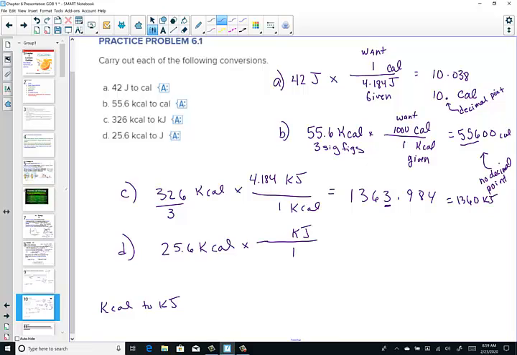We want to cancel kcals, and so therefore it takes 1 kcal and 4.184 kJs. And I can easily convert from a kJ to a J. By doing that, we know it takes 1,000 joules to equate to a kilojoule. So this involved two transfers. Kcals canceled in the first step, kJs canceled in the next step, and we'll finally land on joules. So to hit that, 25.6 times 4.184 times 1,000. And my screen has a really big number. It says